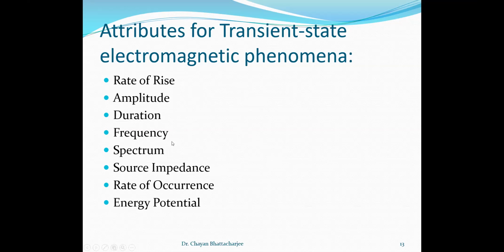So that is your rate of rise, amplitude, duration, frequency, spectrum, source impedance. Source impedance is very important. That is, how much is the source impedance? What we have discussed earlier, that it is the impedance provided by the transformer. If you are finding the disturbance,